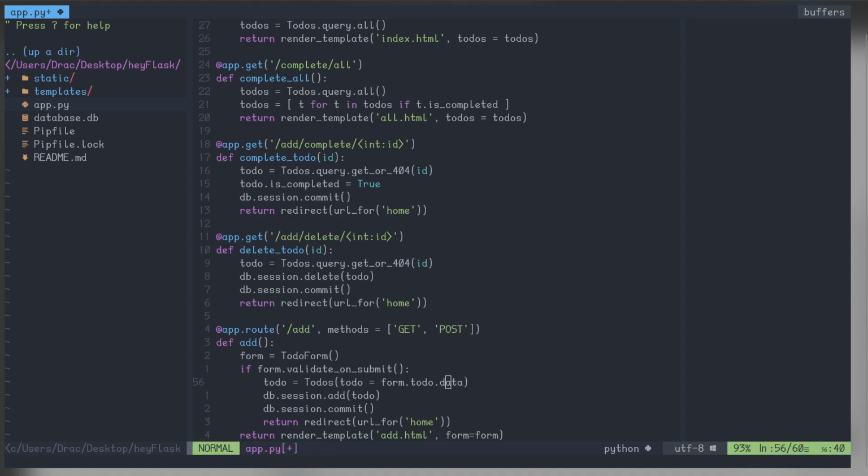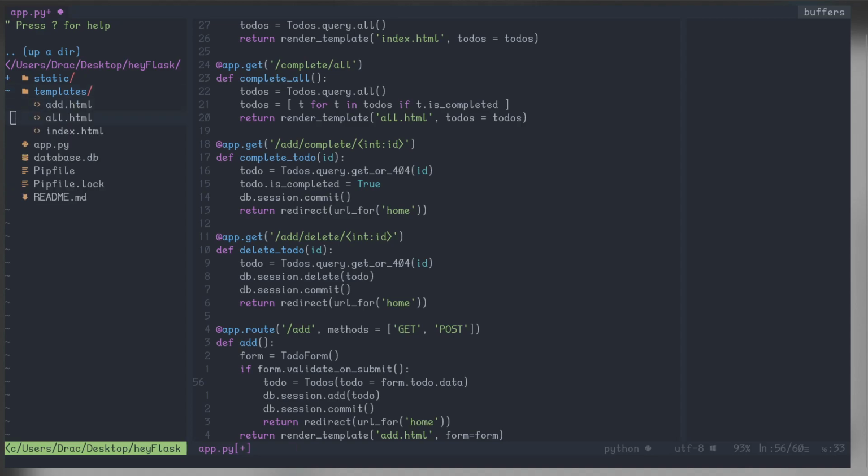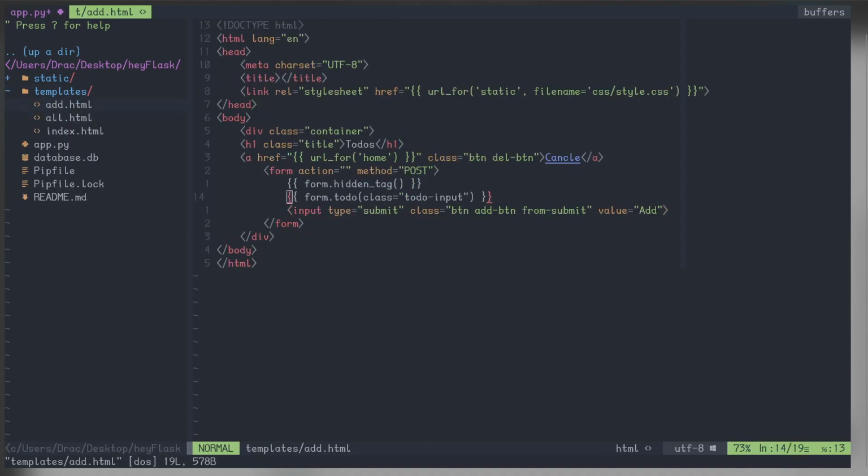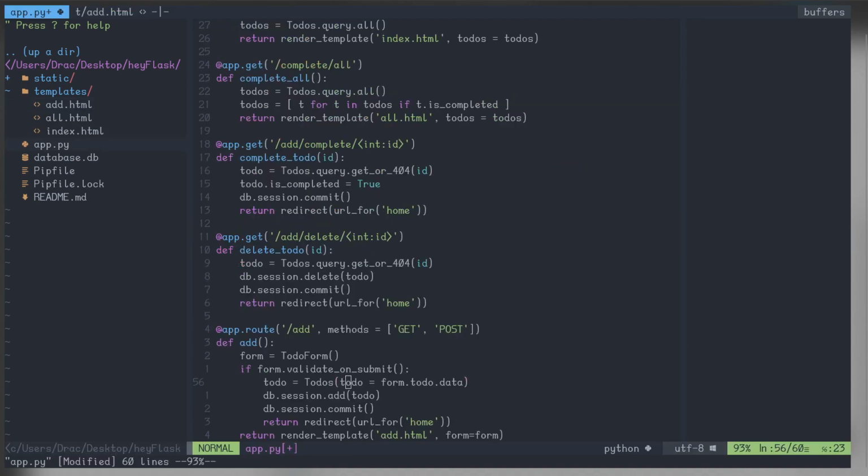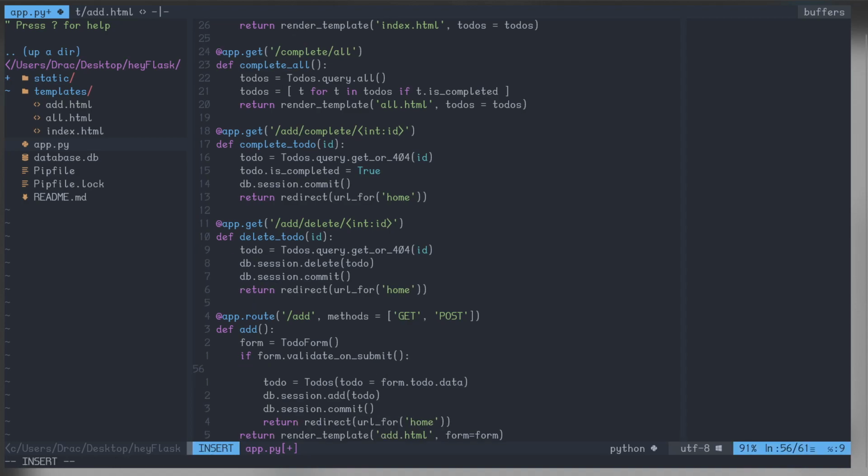This is how we can get the data of our input field when we submit our form. Whatever we write over here will be stored in this data attribute of our todo, which is added by Flask-WTF itself. I can show you by printing it, before making the class. I'll do print form dot todo dot data,